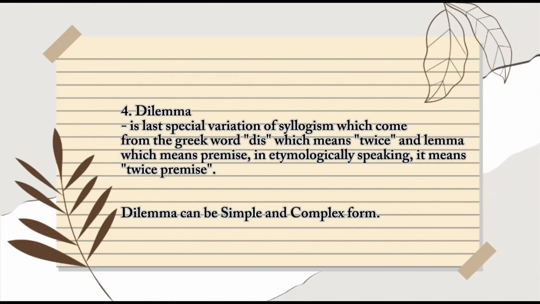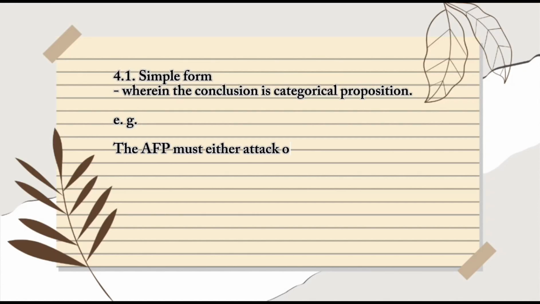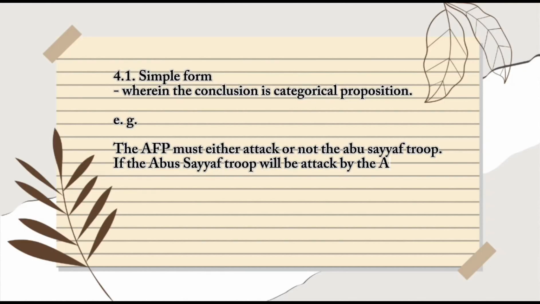So, dilemma is ito yung may dalawa kang choices. Pero, there is one consequence. So, we have two types of dilemma which is the simple and complex. So, first is the simple. Simple is may choices ka na dalawa and kahit anong piliin mo dun sa choices na yon is same sila ng outcomes or consequences. For instance,